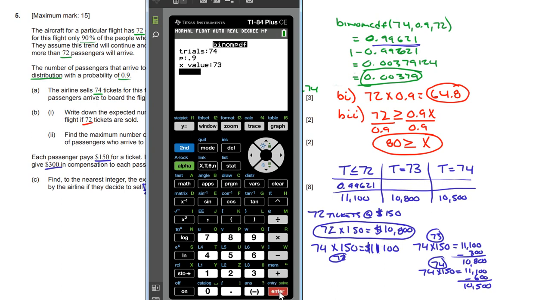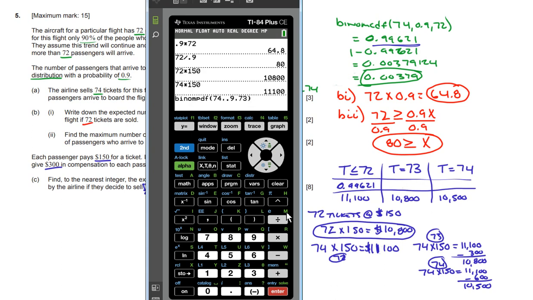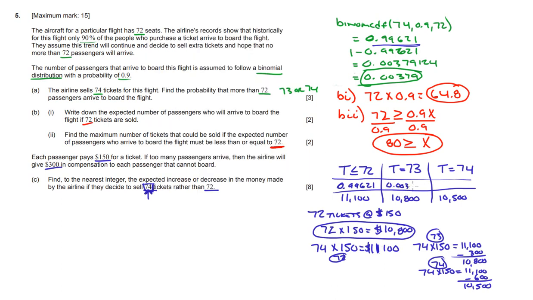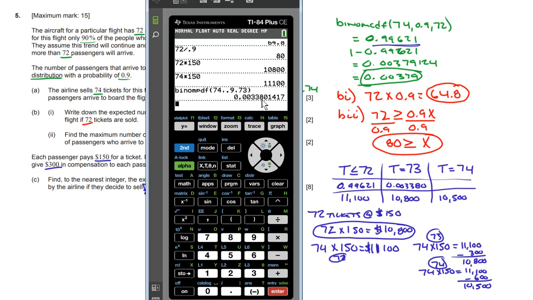And this is going to give us the probability of exactly 73 happening, which is not very high, and it's 0.00338. So we get 0.00338, if I remember right. 0.03380, good. And then we're going to go back and do the same thing except for with the 74 there. So a little bit of a shortcut is we can highlight that, push enter, and then change that 73 to a 74 and push enter, and that gives us